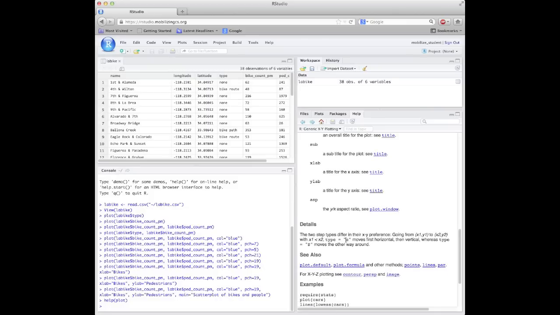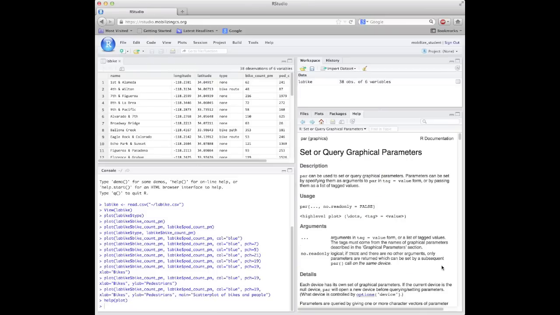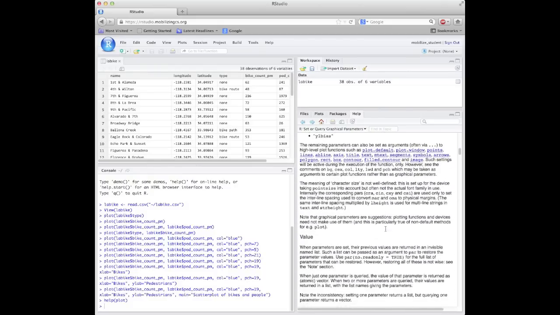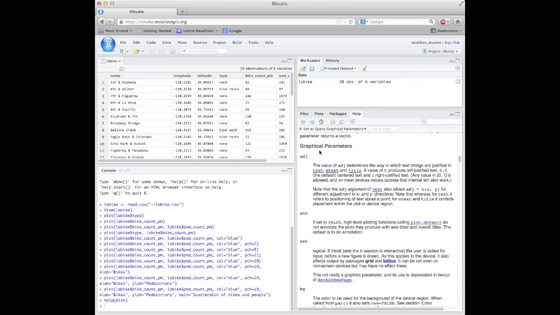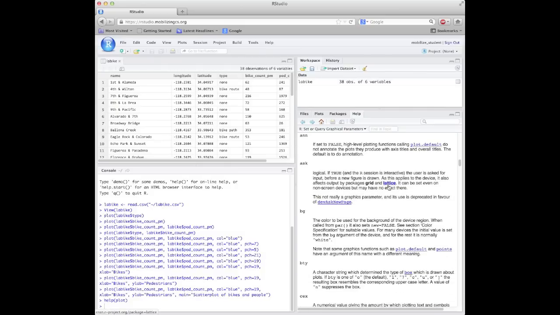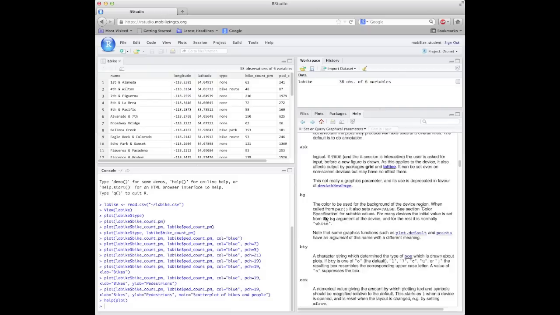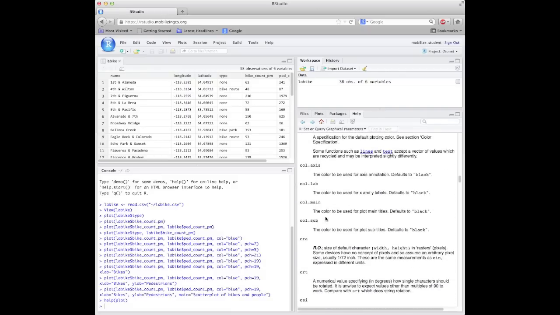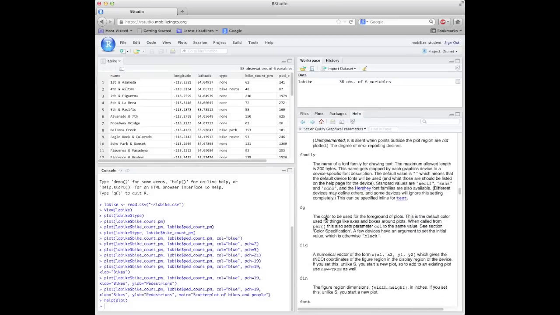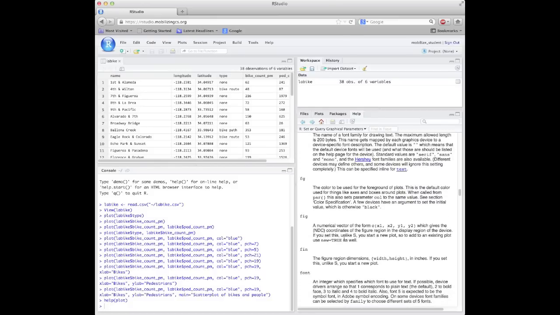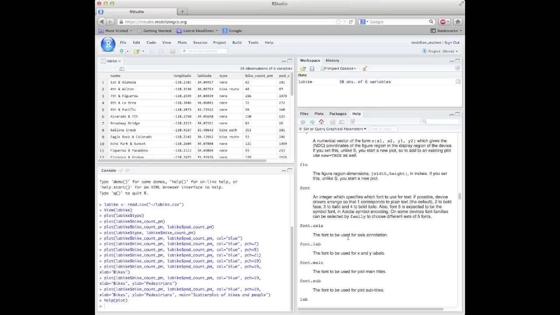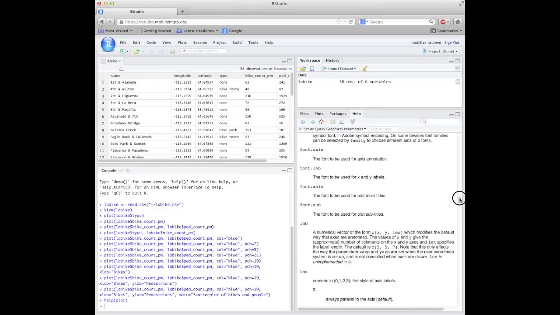And then the other parameters that we were using, like the col and pch, those are in the par documentation. So I can click here, and it'll show me the graphical parameters options. So there's a lot here. Again, I like to just scroll down and start reading the documentation where I see parameters. And this has tons more options that you could use if you wanted to customize your plot. If you want to change the background color, or change the size of the points, or change the dimensions of the plot, or the font for the text, anything like that, you can read through the documentation and